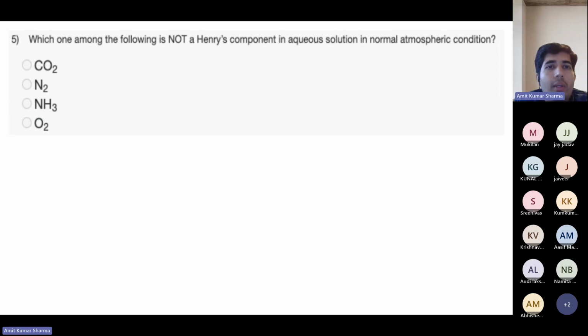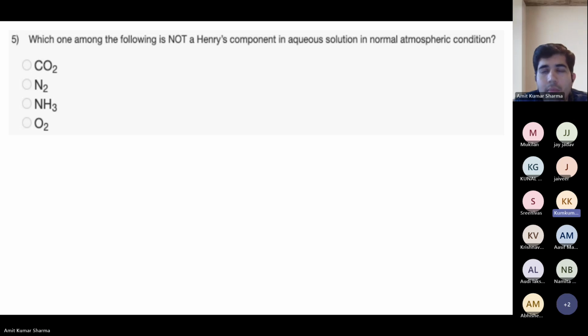Which one among the following is not a Henry's component in aqueous solution in normal atmospheric condition? NH3, ammonia. Okay, why? Anybody, why?